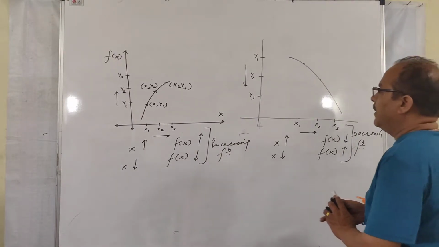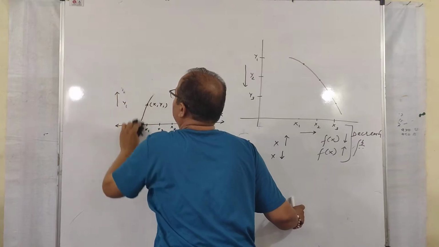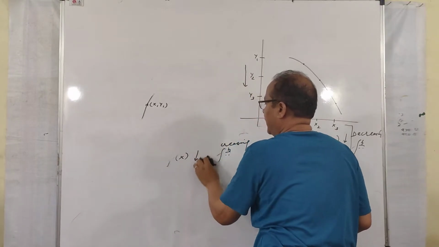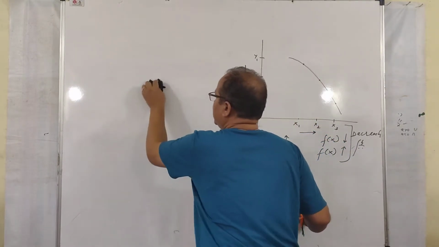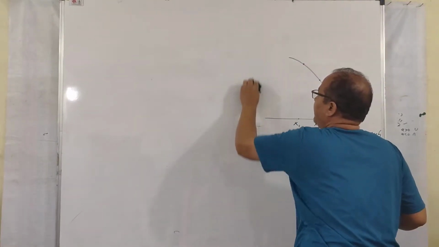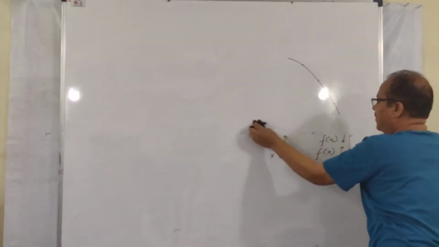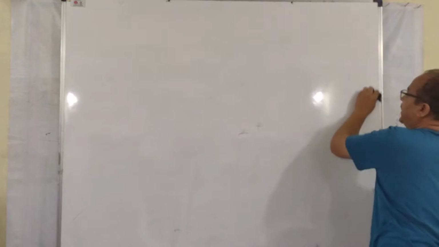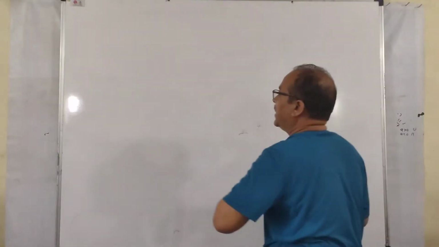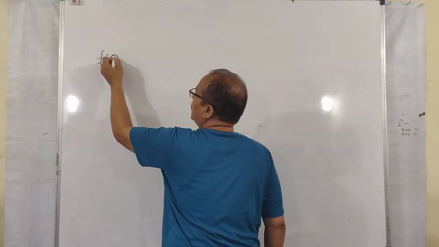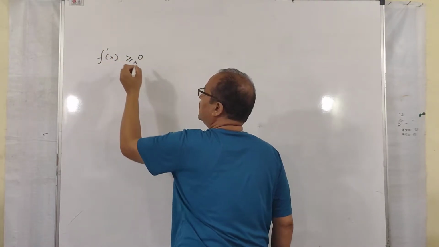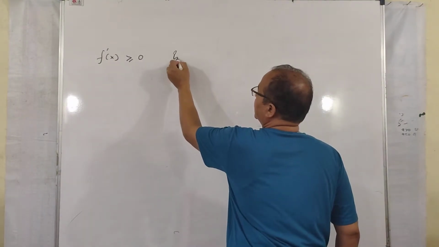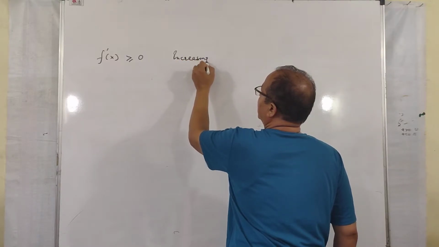Now, the second concept to understand increasing and decreasing function, this is a graphical representation. Now the interpretation is what? Interpretation is that when the derivative of f(x) is positive, we call it an increasing function. This is the most important thing which we are using in our exercise also. When f dash x is greater than or equal to 0, it is called increasing function.